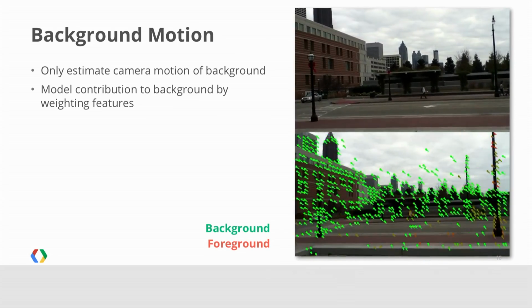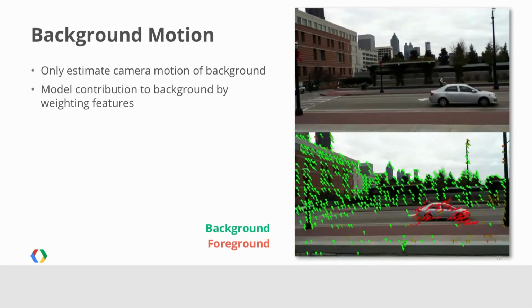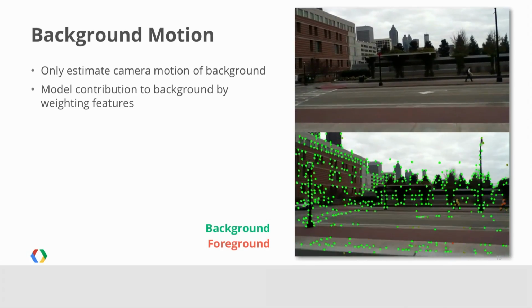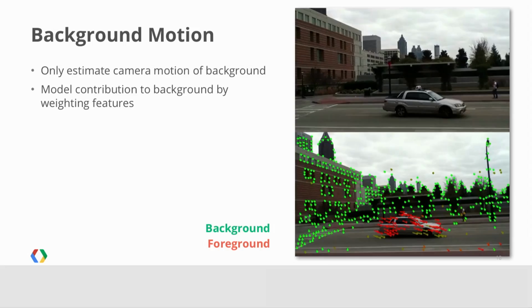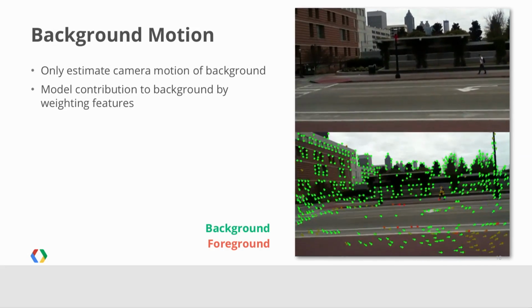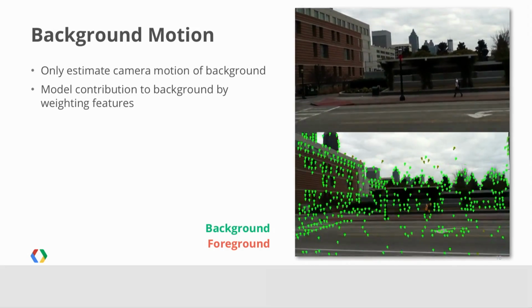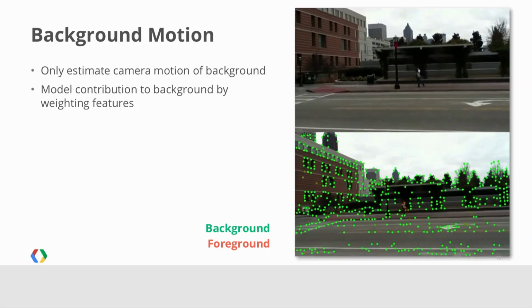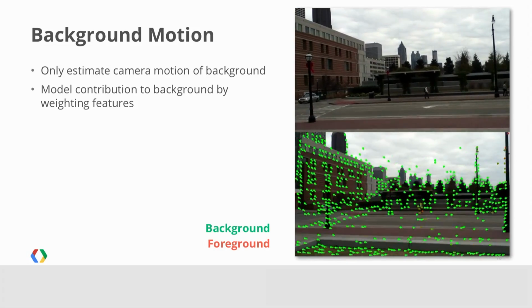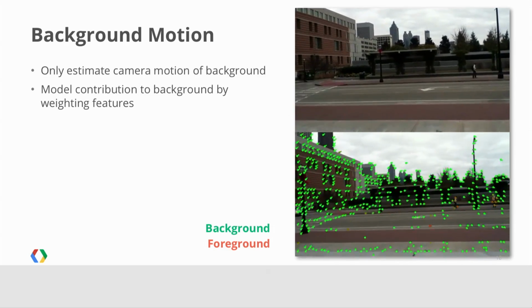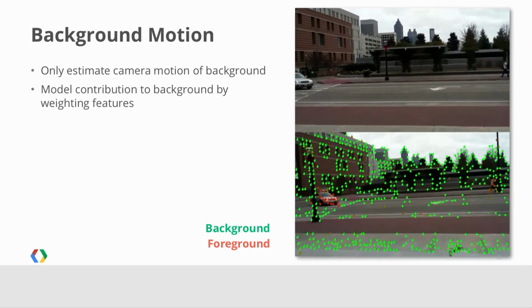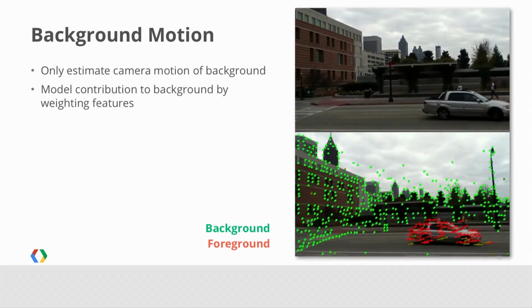Since the camera motion only affects the pixels in the background, you don't want to take into account things like a person walking in the foreground, a car driving by. And we detect that automatically and figure out which features are background features, shown in green, and which features are foreground features. Those features are shown in red. And once we have these features that we can use for motion estimation, we finally compute what the actual shaky camera path was. At this point, I'll hand over to Matthias, who will tell you how we actually do the